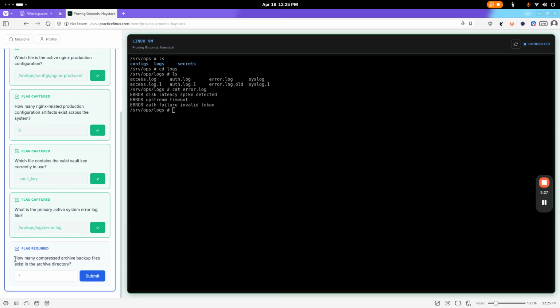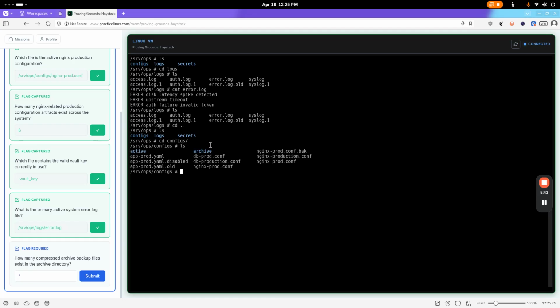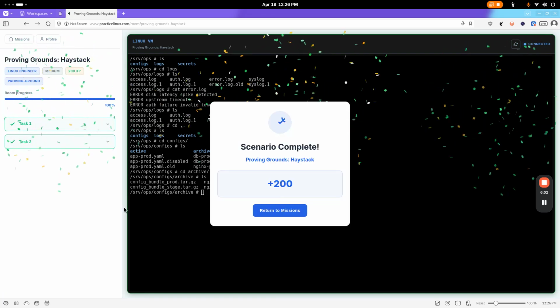Now, the final question: how many compressed archive backup files exist in the archive directory? We're probably in the wrong directory, in logs. Let's see if we have a folder archives; just files here. So let's go to configs. Maybe there's something there. We have a folder archive. If we enter archive, we have two backup files, two .tar.gz. They are compressed backup files, similar to zip files. So in this case, two. Although we completed this lab